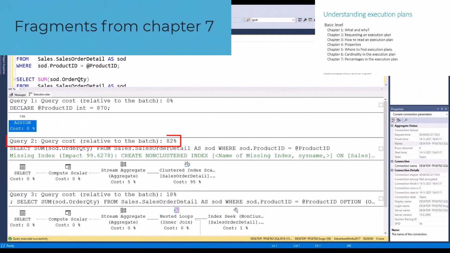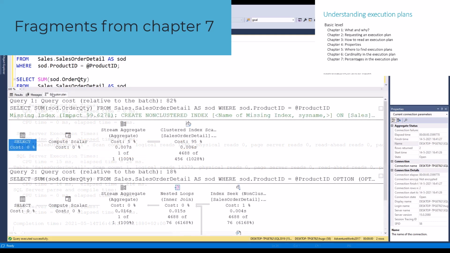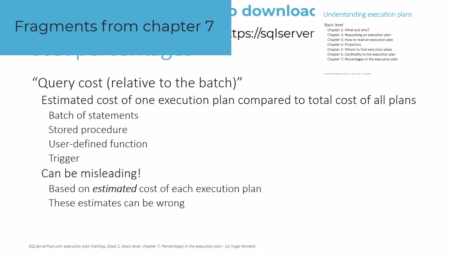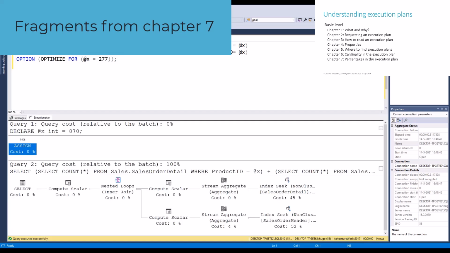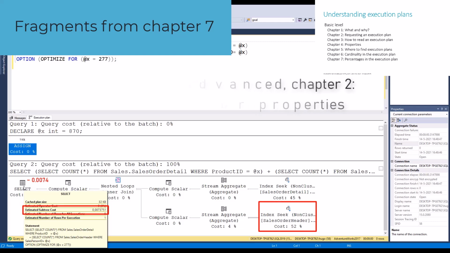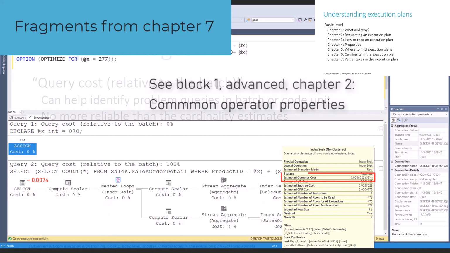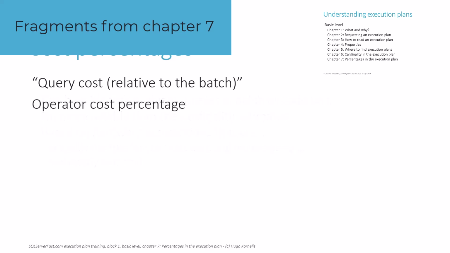The final chapter talks about perhaps the most common misperception when working with execution plans, one that throws off not only beginners but also hardened professionals. The percentages displayed as query cost relative to the batch and as operator cost relative to a query. These numbers can be very useful if you know what they represent, and more important, know what they don't represent. Using these without understanding what they actually mean is very dangerous, because it can seriously mislead you and cause you to waste your time and energy on the wrong parts of an execution plan.